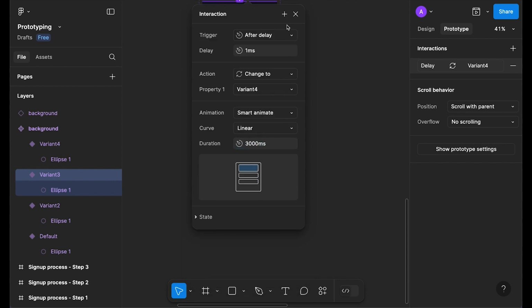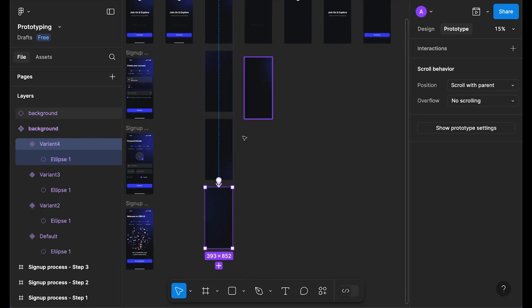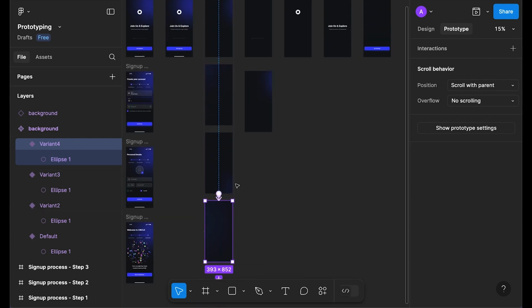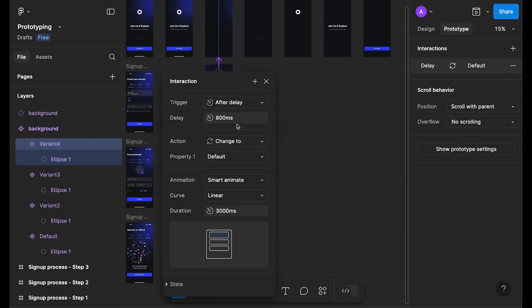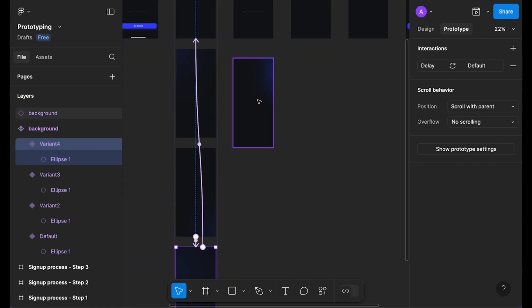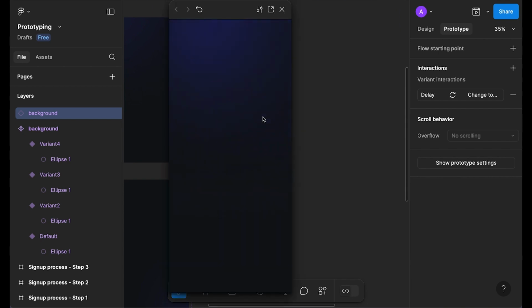3000. Okay, let's check. I think we didn't connect the last one to the first one for the loop animation. Once it's reached the last frame, it restarts again. So let's click on the last frame and connect it to the first frame again. Okay, so after delay 1 millisecond and also 3000. Okay, so now let's select the frame again, press shift spacebar on the keyboard, and as we can see, our